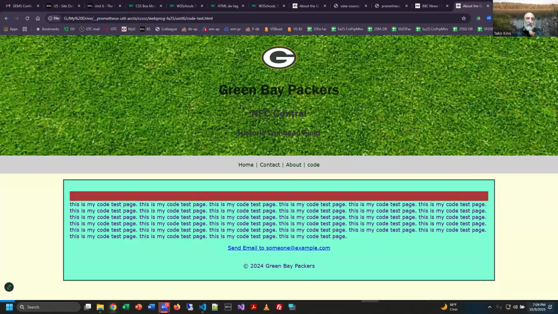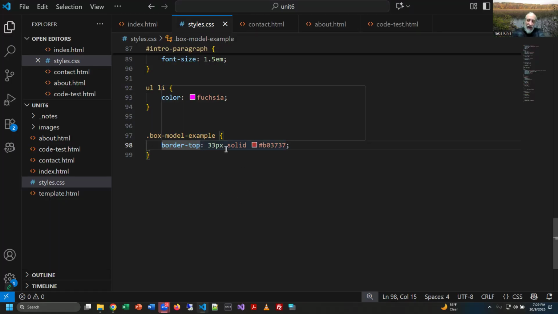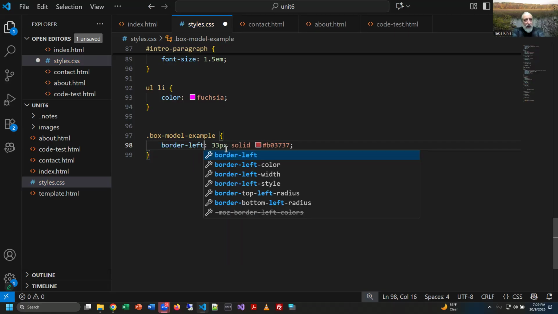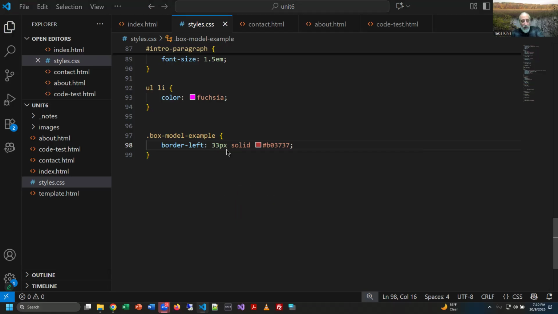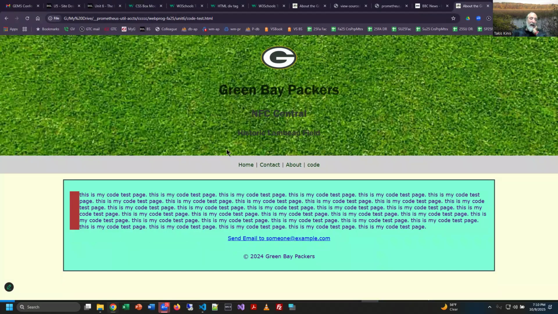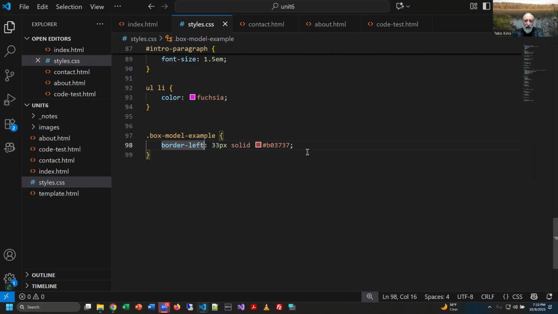So if I want a big red border at the top and no borders on the rest, I can do that. Or if I want it on the left, but not the right or nowhere else, I can do that. And you can get really creative with this, and I think it's fascinating. I've seen some people do some super cool designs doing stuff like this, where they're putting the border on the left. All right, well, that doesn't look good because it's kind of touching, but what if I also